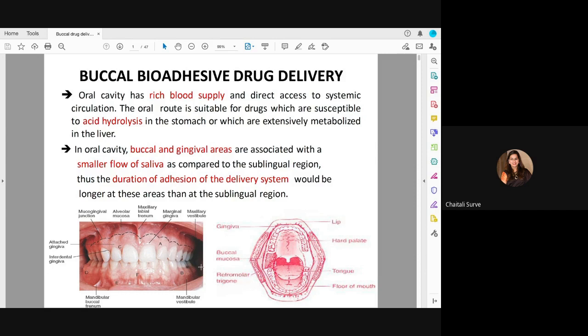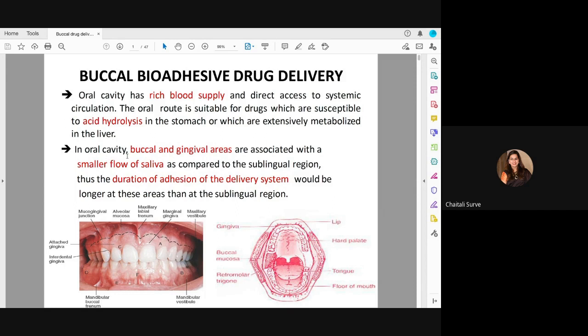For example, if you want your drug to be absorbed systemically, or if your target action is, say, mouth ulcers, in that case you can go for buccal areas as your site of action. Another example is if you are working for a local action where you have some kind of tooth pain, or your gums are bleeding, or there is some kind of edema that has happened in your gingival area. In that case you will prefer giving a drug delivery system to the gingival route. Okay, and then